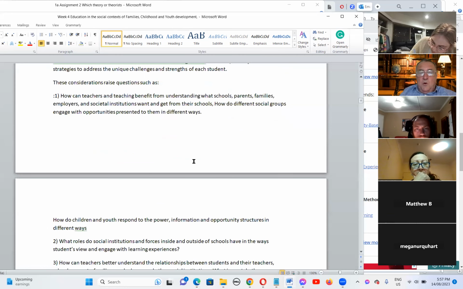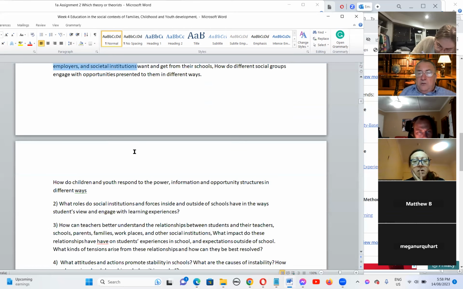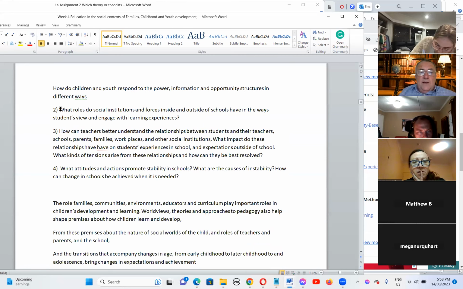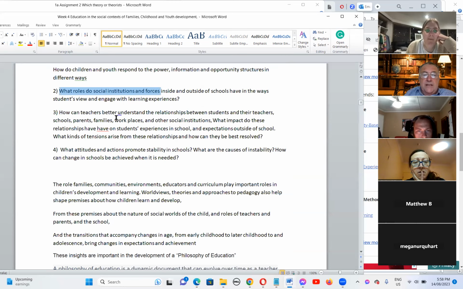Now, these raise questions such as how can we as teachers benefit from understanding the wider society, understanding families, understanding the workplaces? How can we promote an understanding of families' cultural diversity? These raise questions. What role does the school and other social institutions play in enlarging an awareness of culture, enlarging awareness of diversity, enlarging a need for care and kindness one to another?